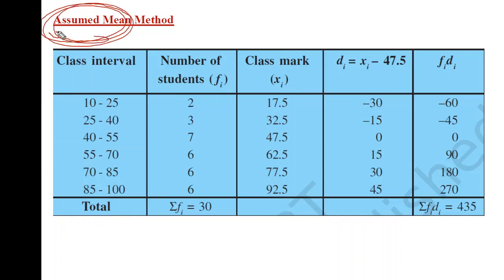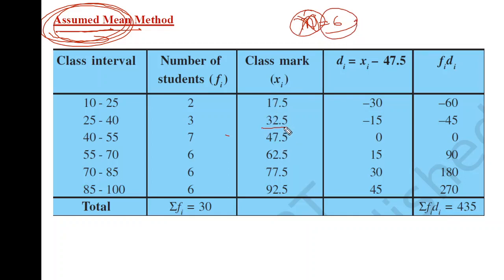The name itself says assumed mean. We will assume a mean. So how can we assume? You see, 1, 2, 3, 4, 5, 6 observations are here. In this case xi, 6 numbers of xi. Now you will assume one number here. As there are 6, you can say n is equal to 6 here. So there are 6 observations. So don't confuse with n. There is nothing to do with n. Here we can say there are 6 observations. So we will assume a mean out of it.